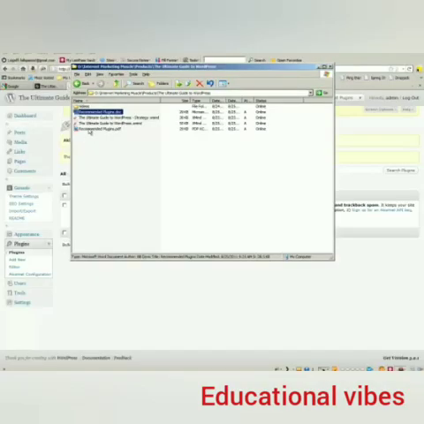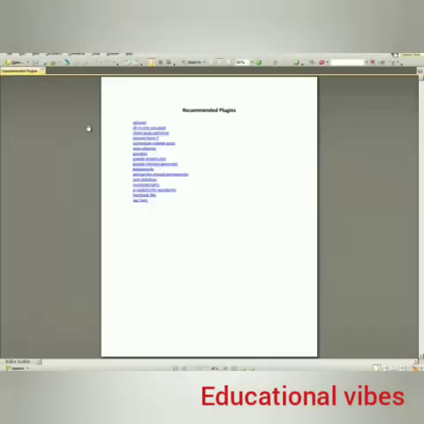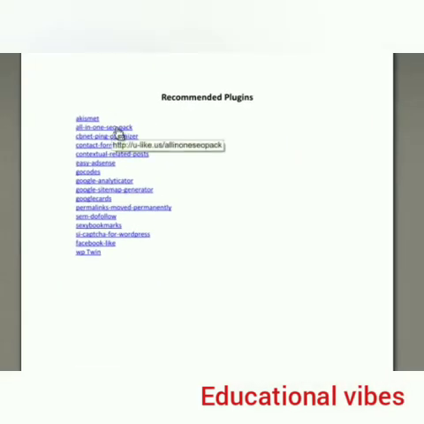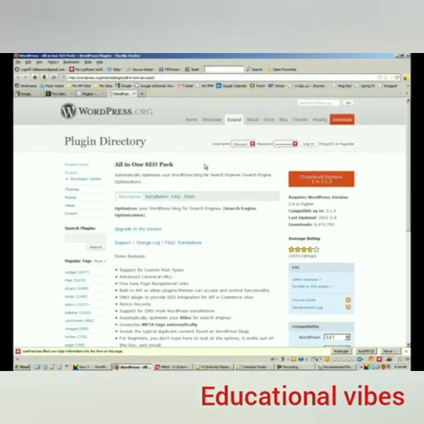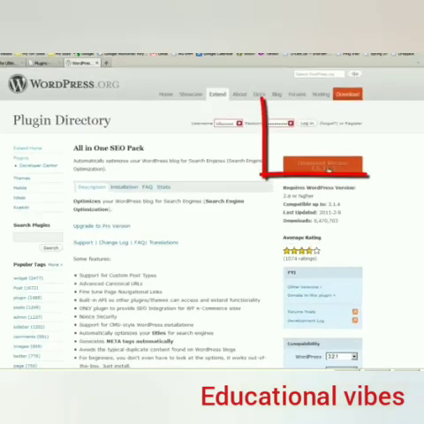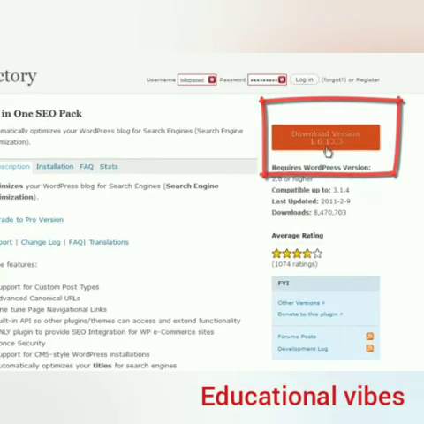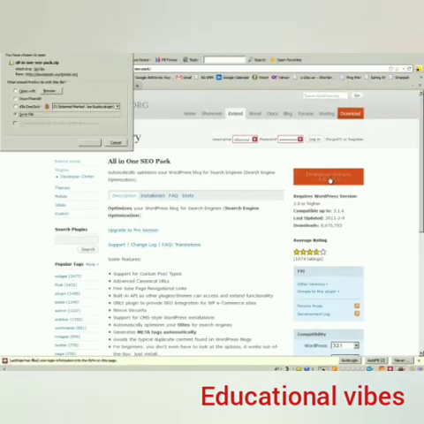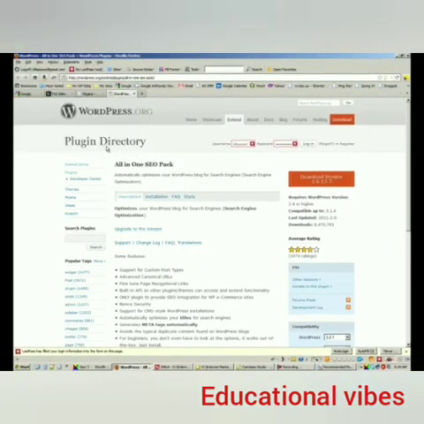Let's go to our list of recommended plugins and choose All-in-One SEO Pack. This takes us to another way to go get a plugin. This takes us to WordPress.org, which houses all of the free plugins that are registered with WordPress.org. And the way you would do this one is you would click on this button right here that says Download version 1.6.13.3 in this case. Click on that, save the file,